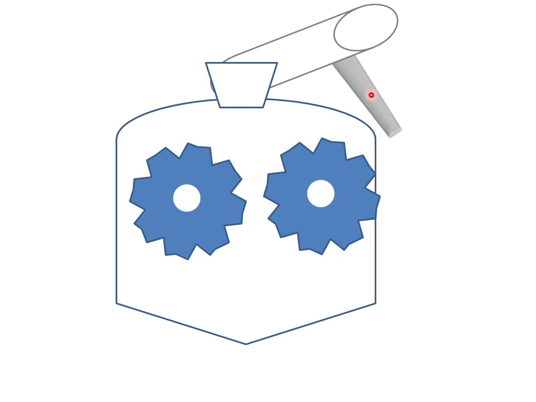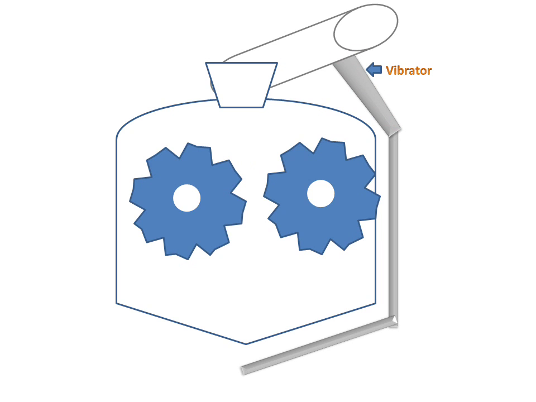There is a vibrator. When coal comes, small pieces of the coal are collected and separated by this vibrator and then go directly to the chamber where we want to send the coal. So the vibrator's function is to separate the small pieces of coal from the large pieces of coal.